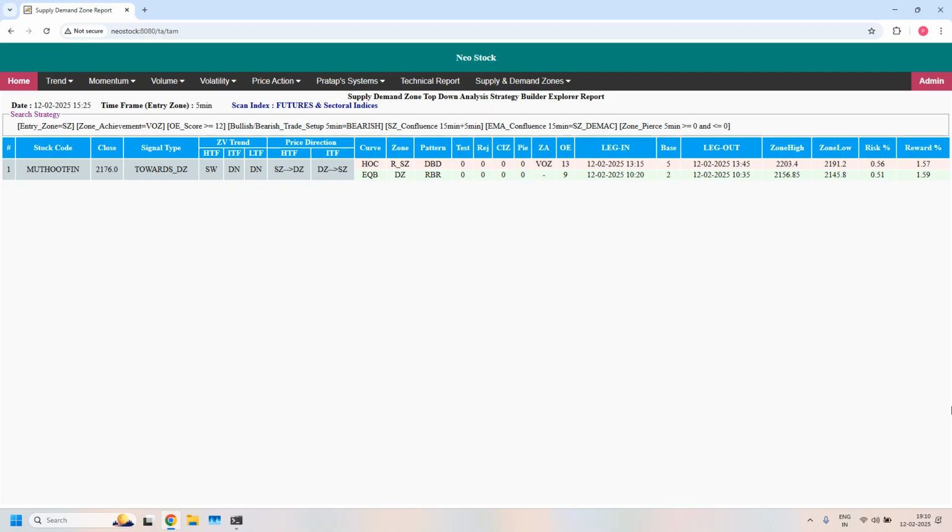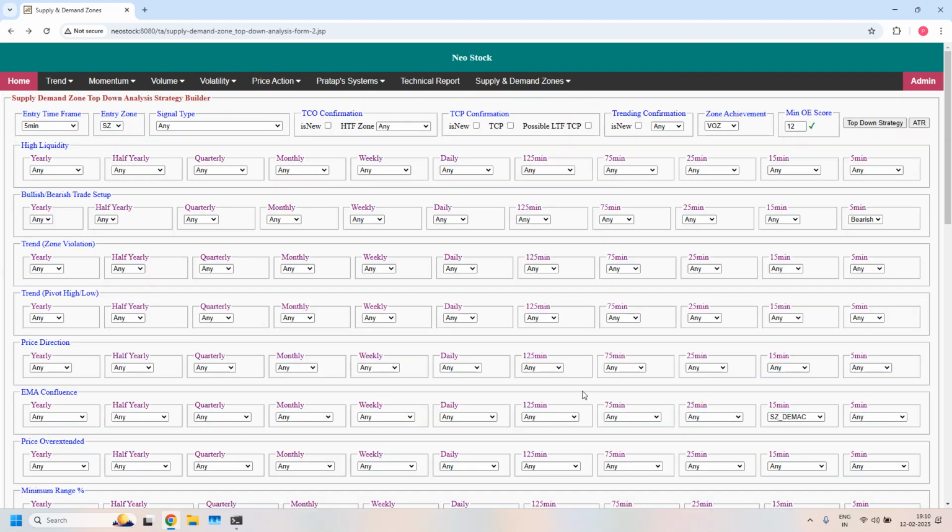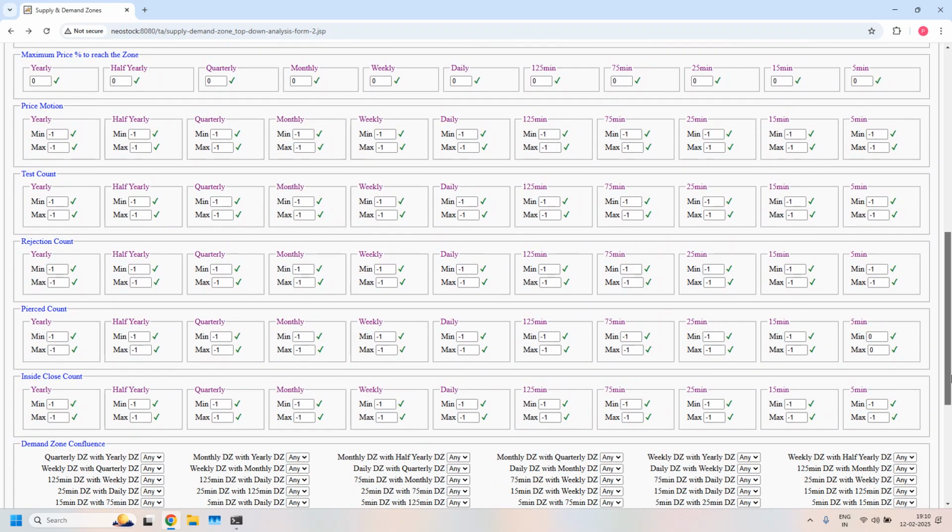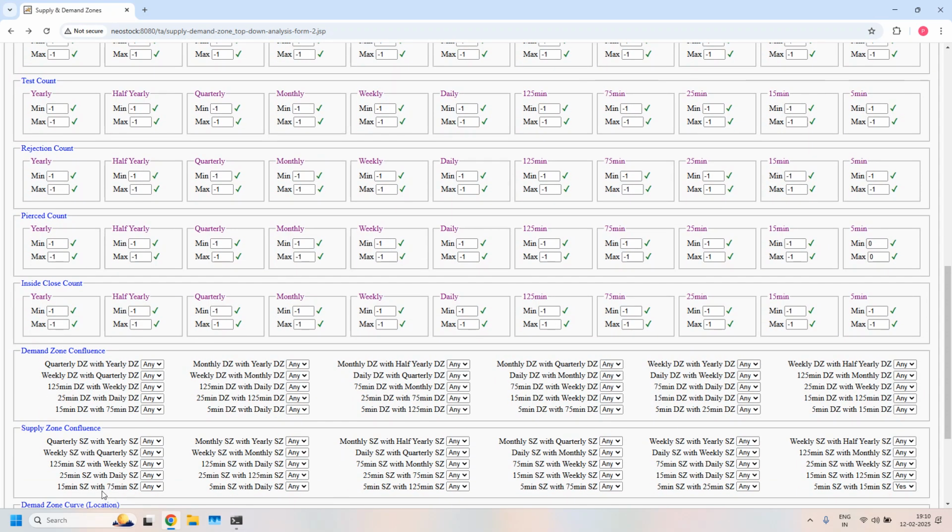Next, let us look into LTF, ITF, HTF supply zone confluence. I am removing EMA filter. In the supply zone confluence, I should set 3 filters. First filter is 5 minute supply zone with 15 minute supply zone, already enabled. Second filter 5 minute supply zone with 75 minute supply zone confluence. Third filter 15 minute supply zone with 75 minute supply zone confluence. With all the 3 filters enabled,